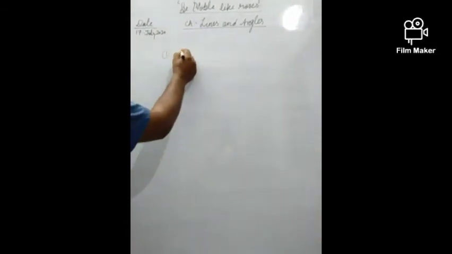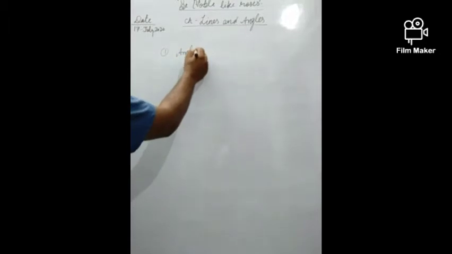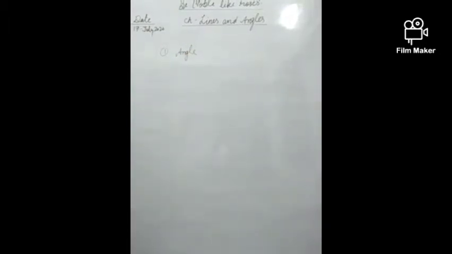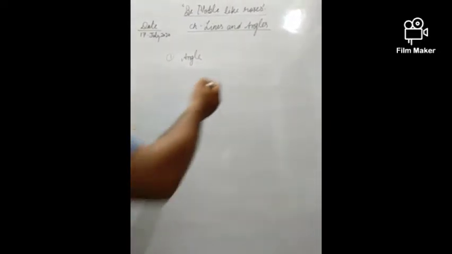The most important thing is the meaning of angle. My dear children, if two lines are intersecting each other at a point, then at the point of intersection, the slope between the lines is known as an angle. Or you may say in other words, if two lines are non-parallel, they will definitely intersect.